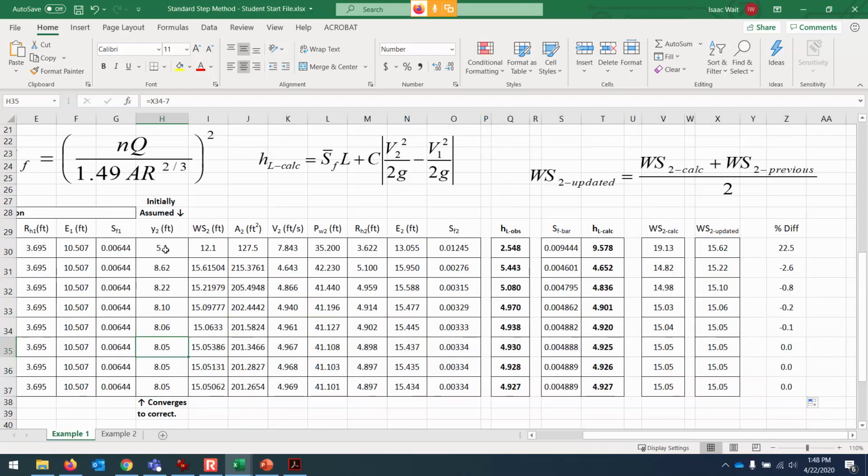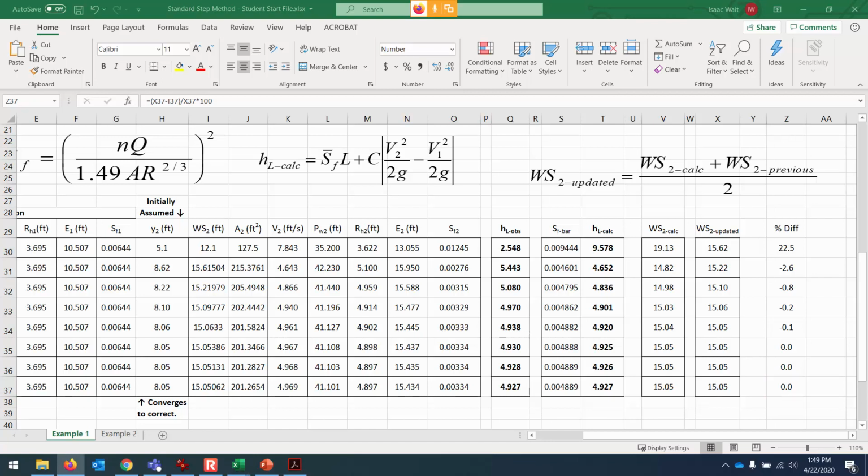So our guess, initially we guessed maybe the flow depth upstream is 5.1 feet, but then we said 8.62, that was a little too high, and so eventually it stabilized, and we now know that the depth upstream is going to be 8.05 feet. And you can see that the percent difference, the change for each successive iteration